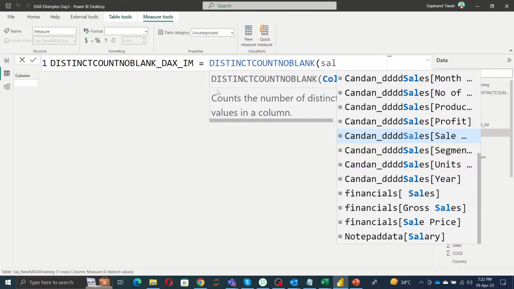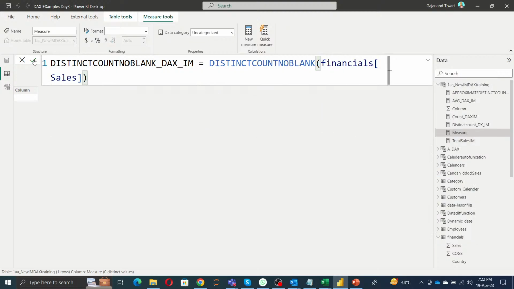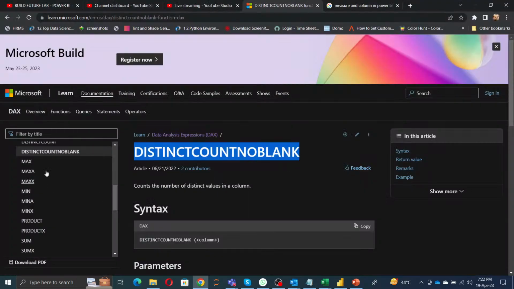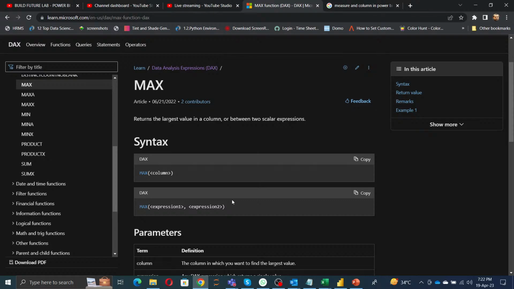Since we do not have any column, let's use financials. So place OK. If you have data, you can check it out at your end. Let me know if you have a problem. Same functionality. Next, max. Max is going to give the largest value, and the max function has an additional feature